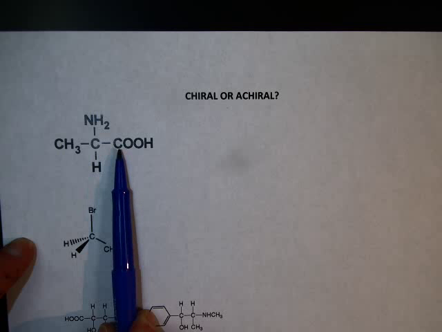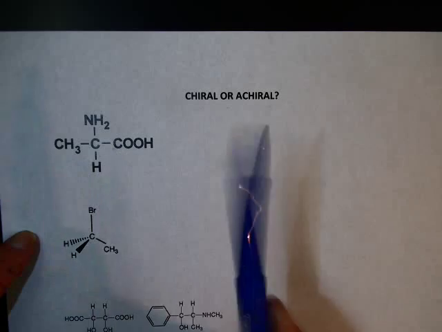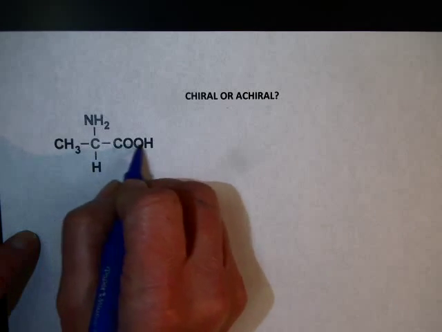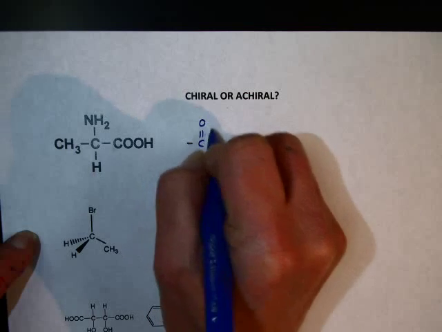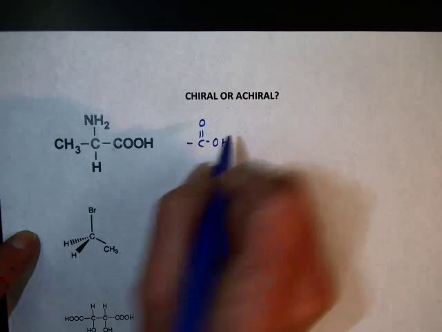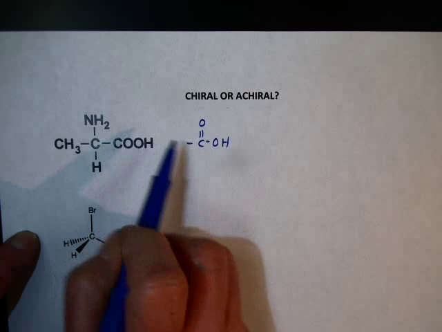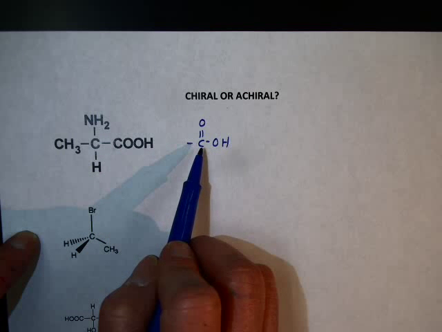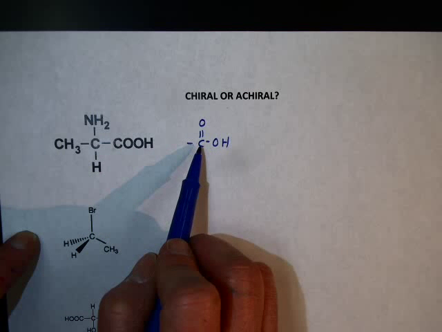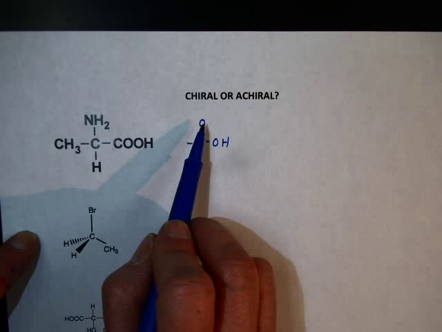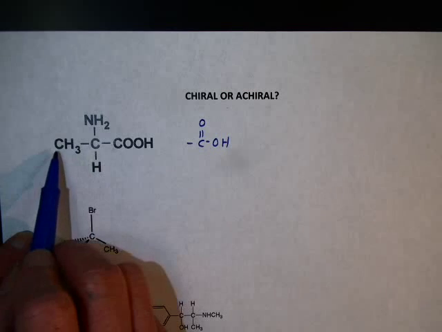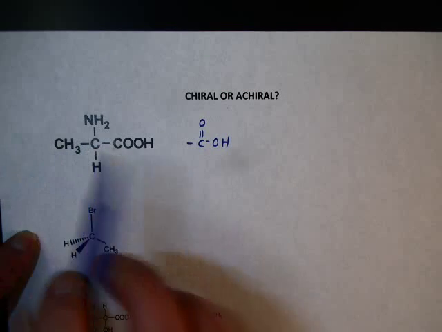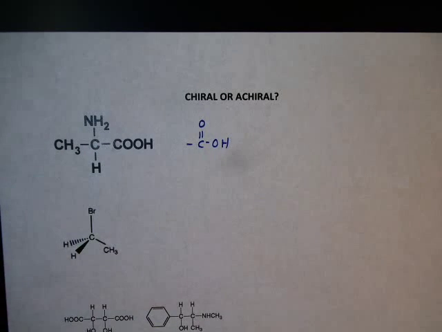This carbon right here, it might be a little bit tricky to remember what this stands for, but you know or should know that this is the abbreviation for the carboxylic acid functional group, like this. That's what that is abbreviation for. So this carbon right here is not chiral. 2 of the bonds go to the exact same place, oxygen. So this is not chiral. This is not chiral, but have a look at that carbon, that middle one.